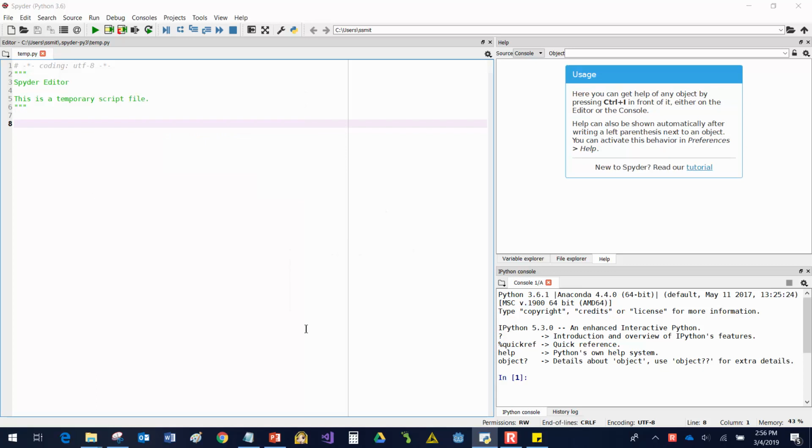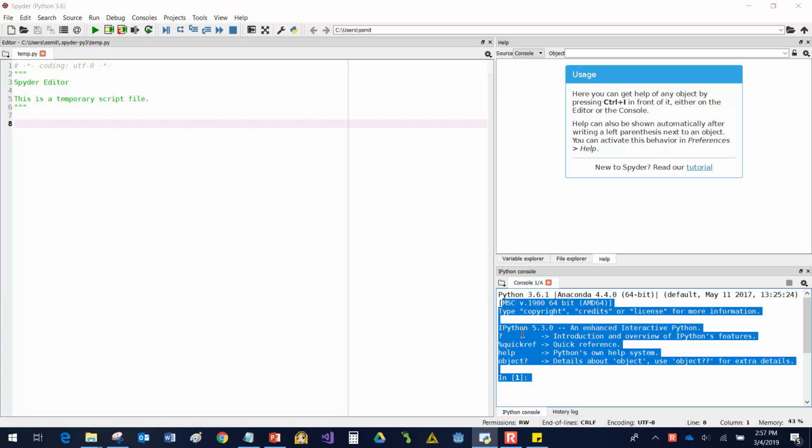Okay, here I have opened up my Spyder software, and also I have downloaded the Loan Prediction Problem CSV file off of Canvas. I've downloaded it and put it into a directory that I use for my Intro to Data Science class. So remember that I said that we're going to be typing down here in the